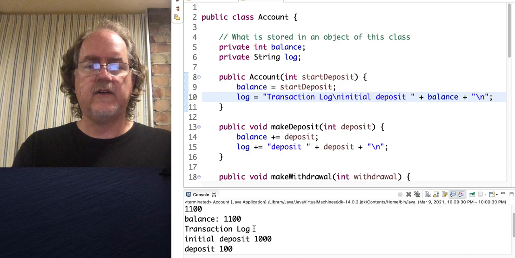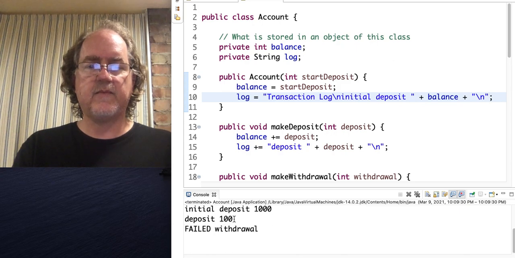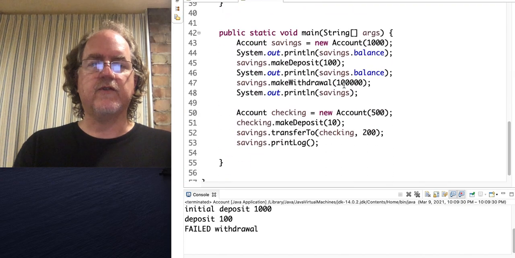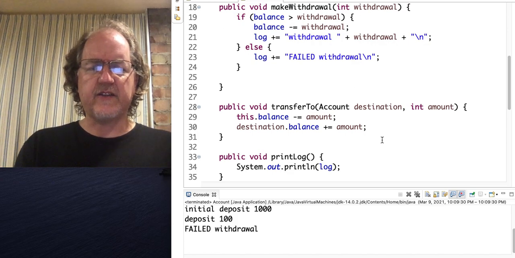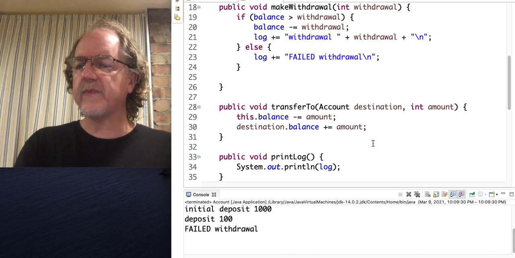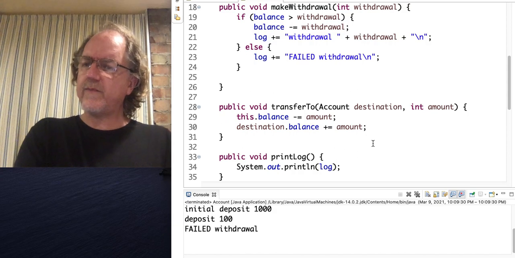So we had transaction log initial 1,000, deposit 1,000. I had a failed withdrawal for that big withdrawal I tried to do. And again, I should log this transfer too, but maybe I won't bother with that right now. Okay, so